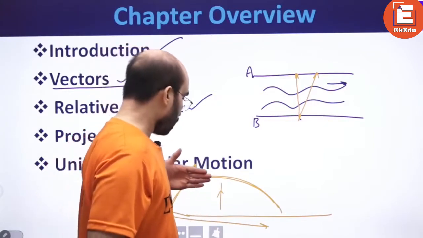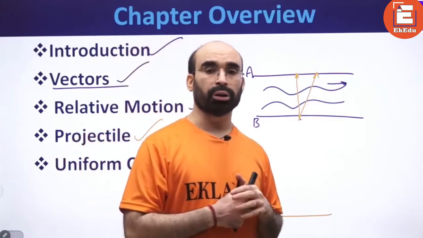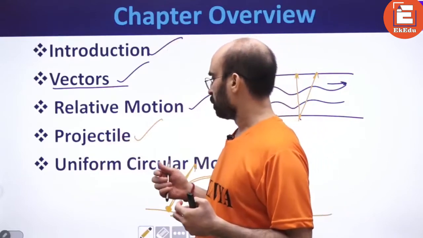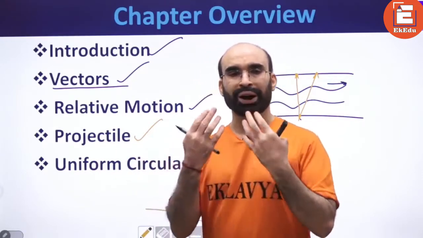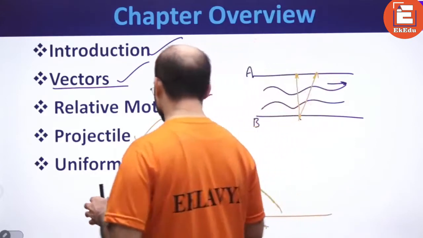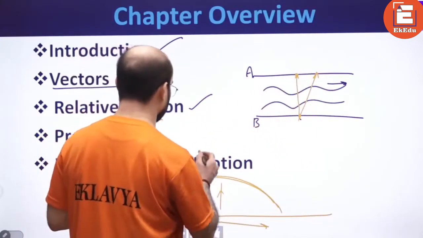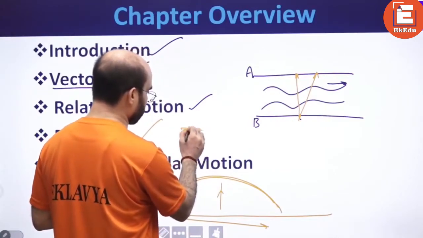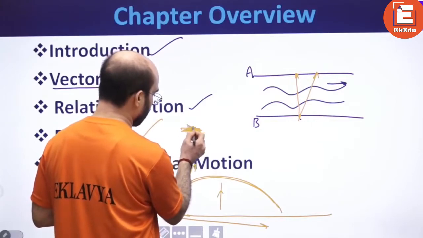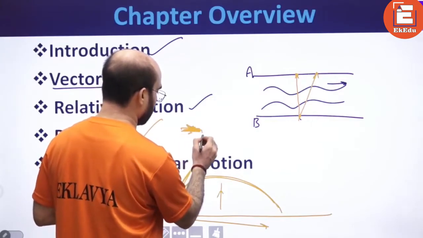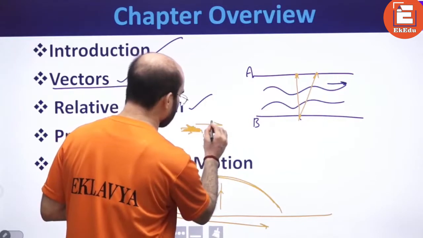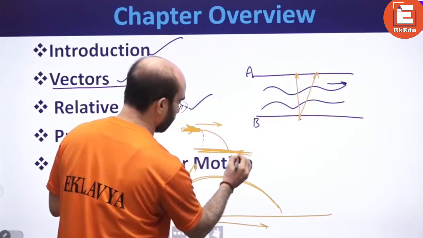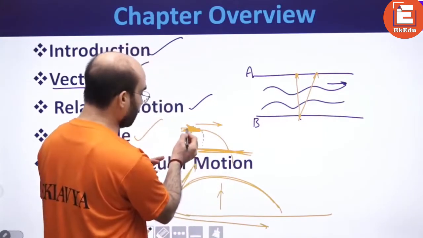Right? There is a cannonball also fired in that manner. There are multiple projectile motions. Another typical example of projectile motion: suppose you have heard about an airplane. If from an airplane something is dropped, it is moving in this direction. It is dropped here, but it will reach here. This is the airplane.